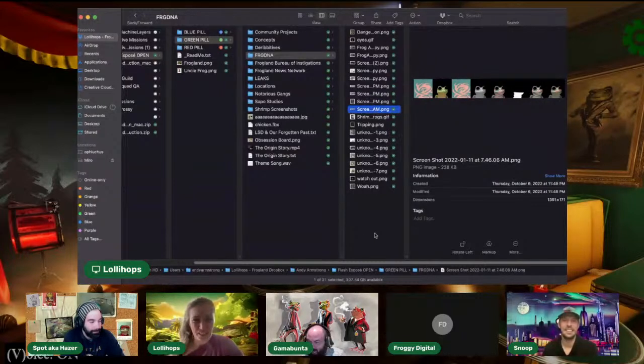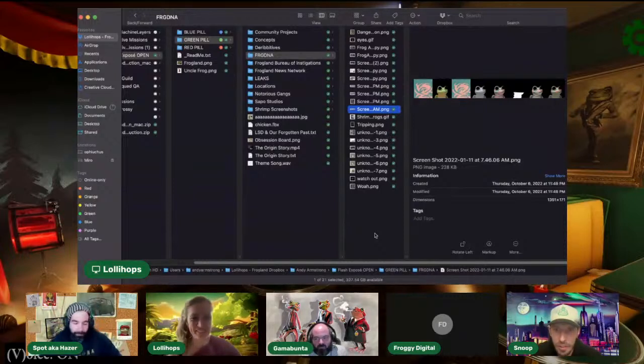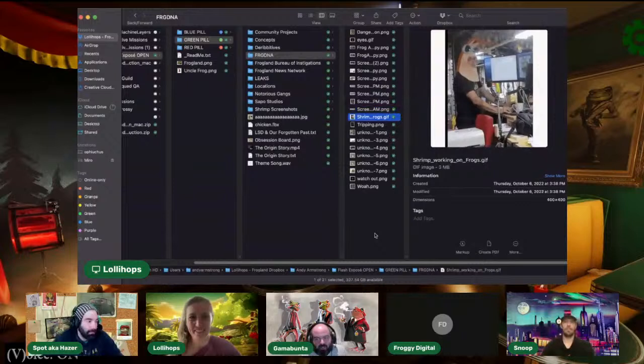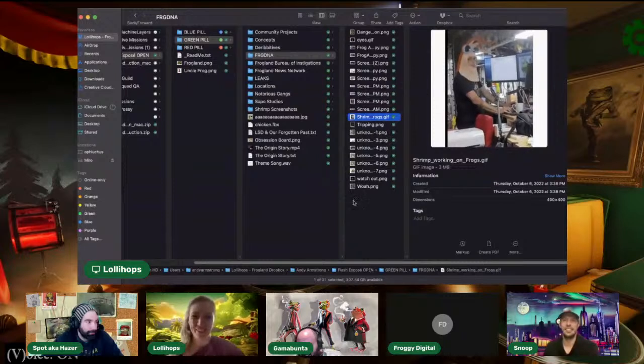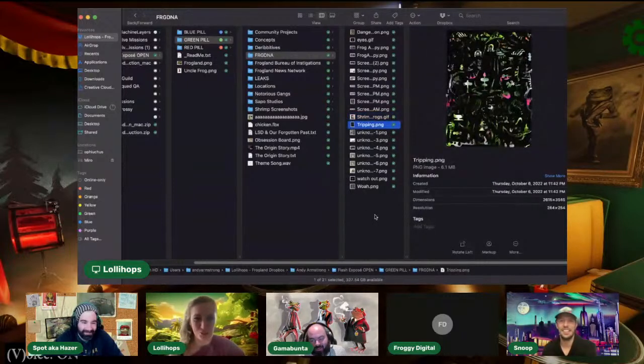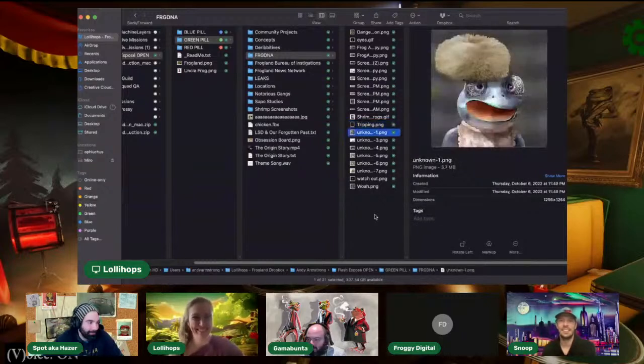And then I think those are the color maps, or I'm using the wrong term. UV maps. Textures for the frogs, materials. One of the two. Yeah. Looks like textures. Yeah. Texture sounds like the right word. Yeah. And then of course shrimp, being a shrimp. Of course. Why not? And there's some more artwork of DDs, which I just love.